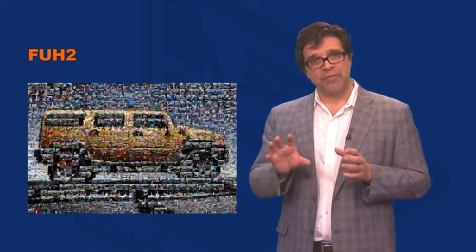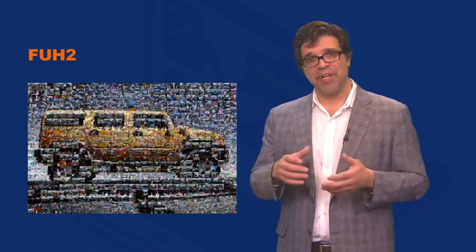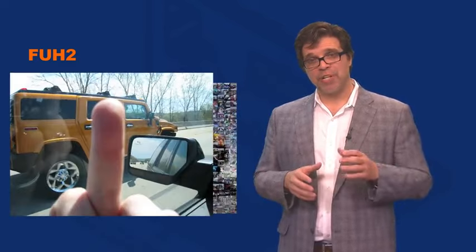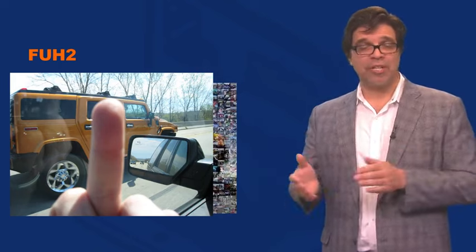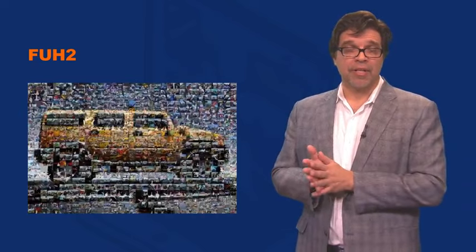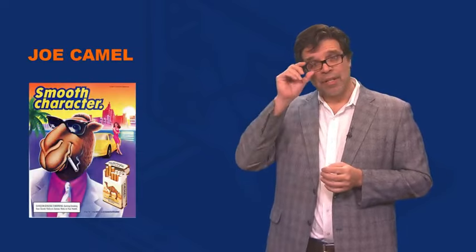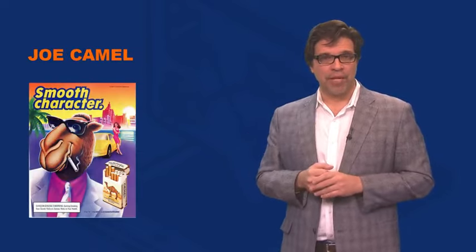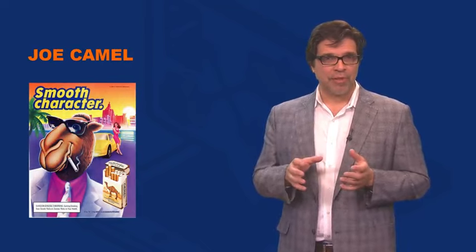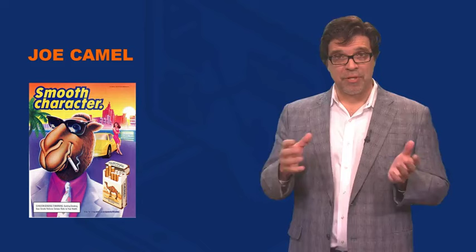The FUH2 campaign crafted a very effective doppelganger image focused not just on the brand itself, but also its owners, who are portrayed as jerks who care little about the environment by driving this huge gas guzzler. A final example comes from the cigarette industry. This is the CHEMO campaign, which was an internet campaign created by an organization called Adbusters.